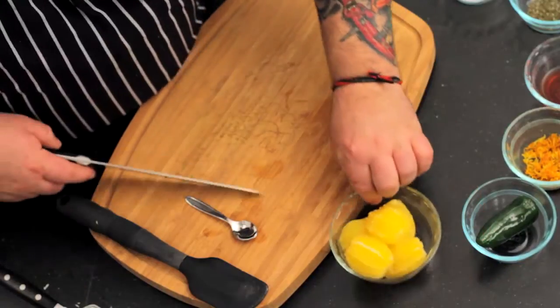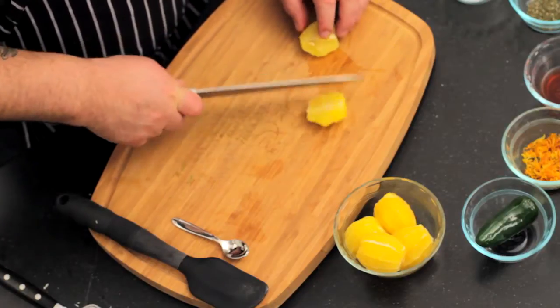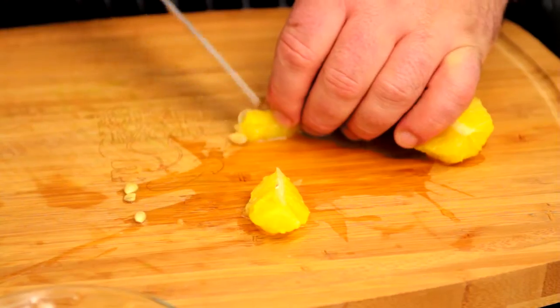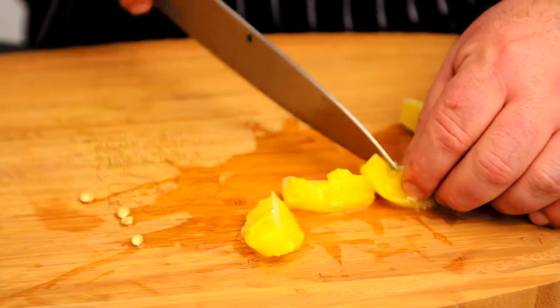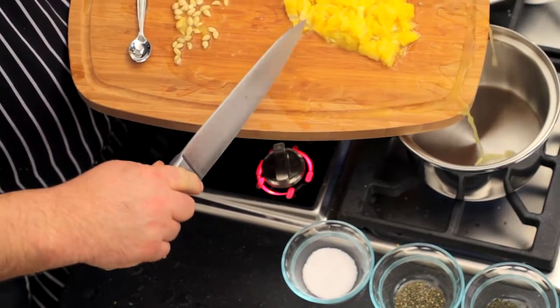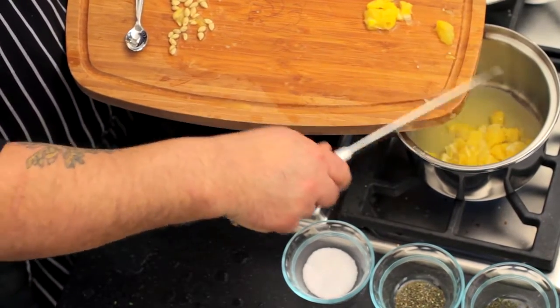We're going to take the Meyer lemons, and you want to take the skin and the pith and run it through with the knife, and if there are any seeds on them, you want to take those off because those will not cook down. So you basically want to chop them in half and then again in half. We're going to turn the heat once again to medium high. I'm going to take our juice and our Meyer lemons that are cut, rough chop,